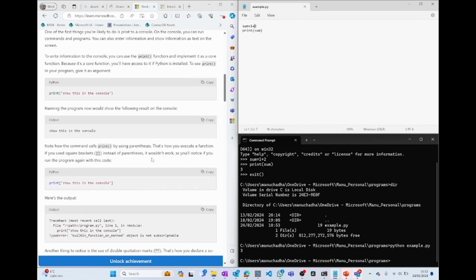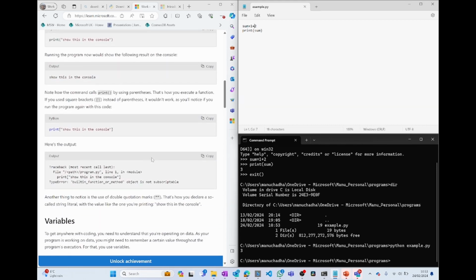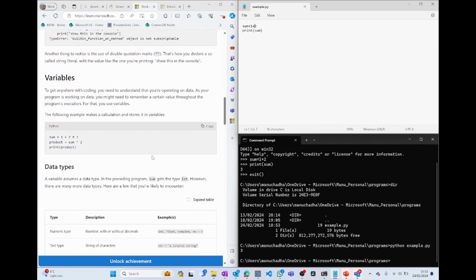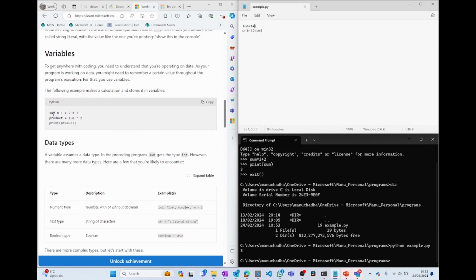and it should work. The rest of the tutorial talks about the print statements, and it covers variables, how you declare variables. Like in this one, sum is equal to 1 plus 2. So sum is a variable whose value is 3. When you see something like a hash followed by something, that's called a comment, and the interpreter does not execute that statement. For example, if I do print sum again,